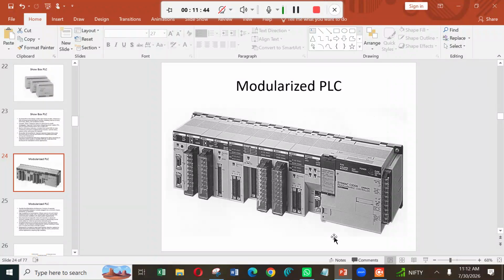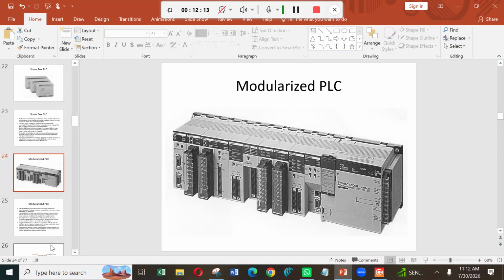Simply give the power supply, upload the program and use it. But here it is not like that. Every module you have to integrate, like you might have seen in the automation lab. One PLC has been connected with one external input module and one external output module. They are connected through a flat cable. So like that, each and every module should be connected.